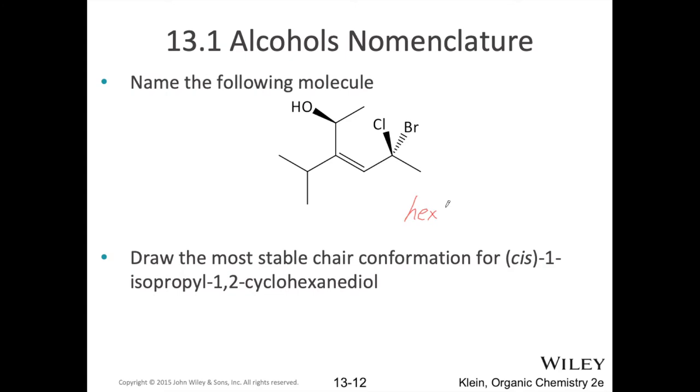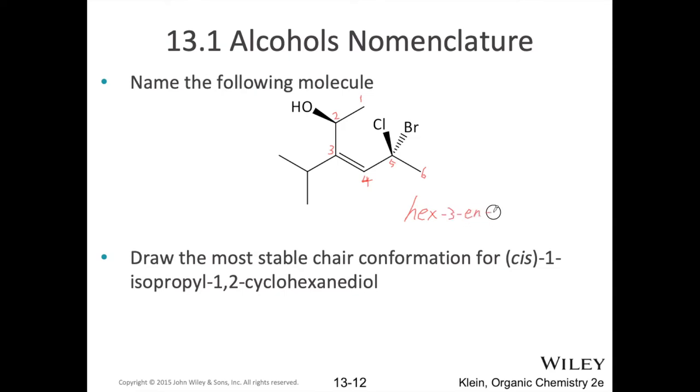So now to make this a little bit simpler in terms of knowing which locant applies to which functional group, we might want to insert the locants into the name. Now I want to start numbering from this end because that's closer to that alcohol group. So that would be my 1 position, 2, 3, 4, 5, and 6. So my alcohol is at the 2 position, my alkene is at the 3 position. So this would be hex-3-ene